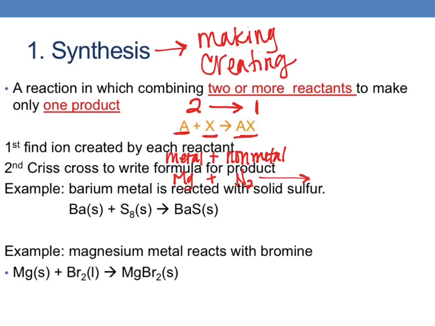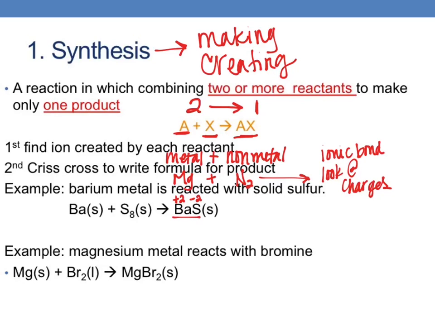Okay. And then they come together. And when they come together, we have a metal and a non-metal. What kind of bond does a metal and a non-metal make? It makes an ionic bond. Which means we have to look at what to make the formula? At their charges. So if I'm looking at here, barium and sulfur. Barium is a +2 charge. Sulfur is a -2 charge. So we get